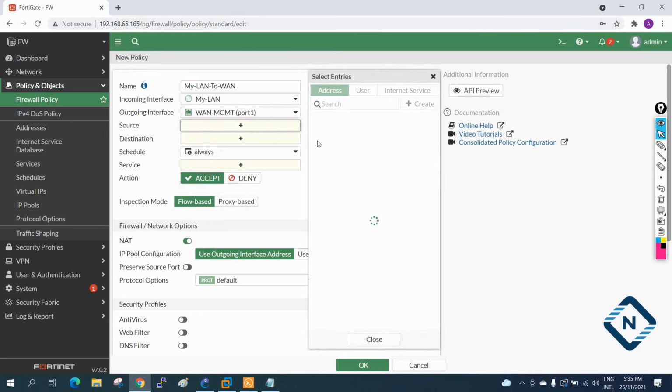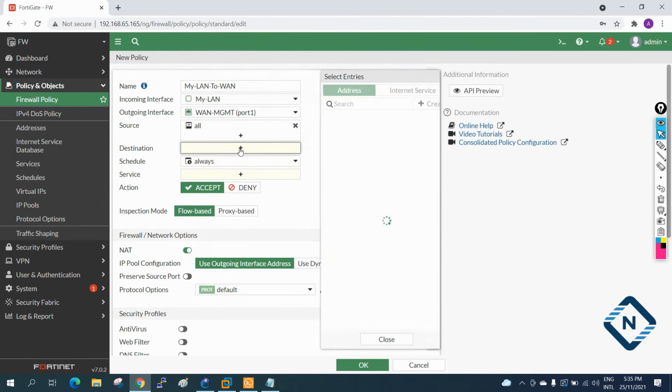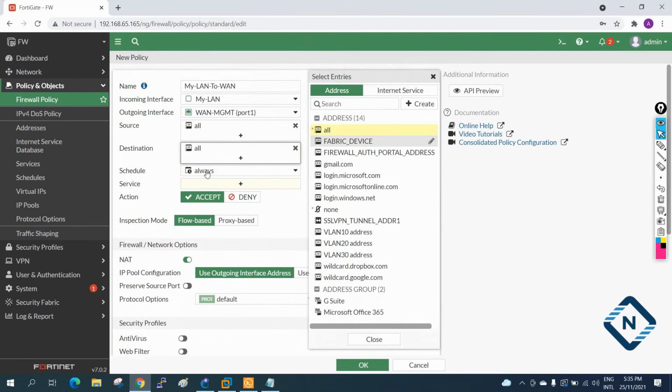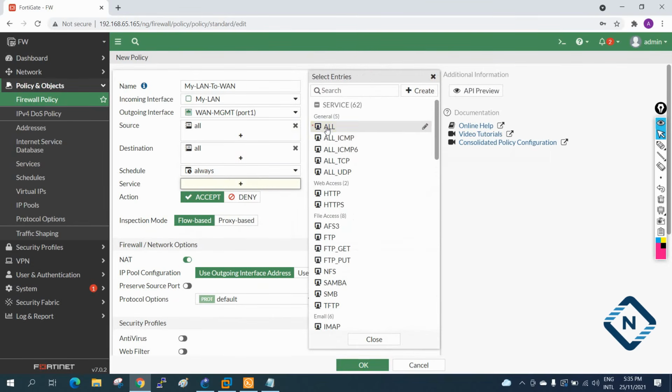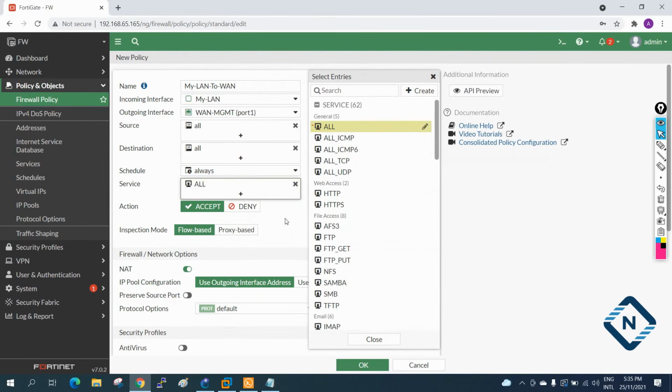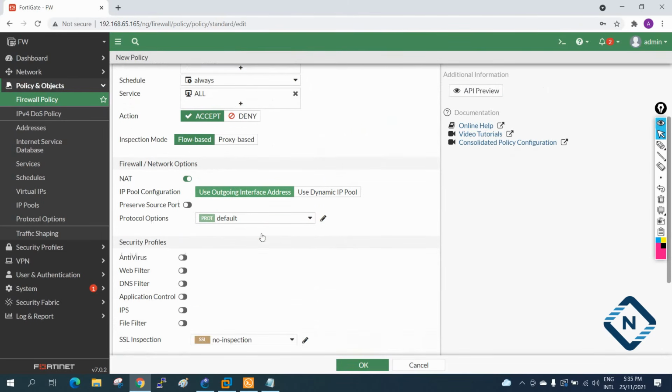And for source you can apply all, and destination will also be all. Schedule, we can say always, and services we can say all. Later we will define separate services, but now select all. And after that, if you see, this is NAT, use the outgoing interface.